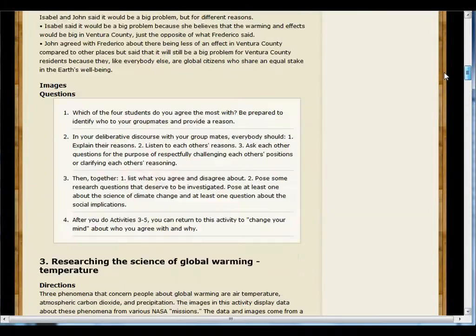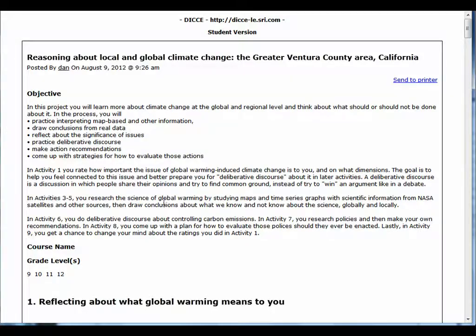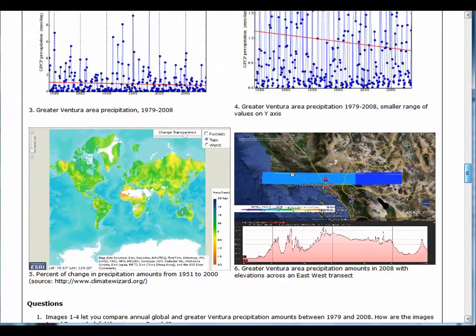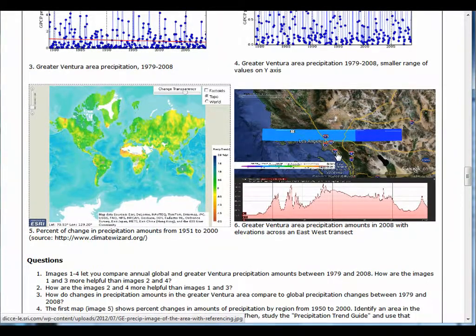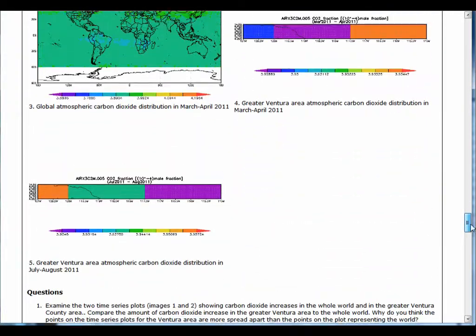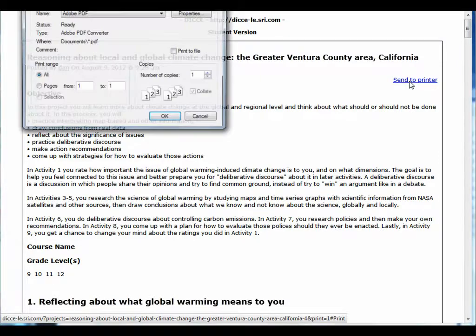Now if I wanted to print out this whole thing, because my students wouldn't be able to use a computer, I could click print, and I could send this whole thing to the printer, and students would be able to look at these as printouts like this, or I could save them as worksheets that students could take home with them, or save them as PDF files if I happen to have access on my computer to a version of Adobe Acrobat that allows me to create PDF files. Like in my case,